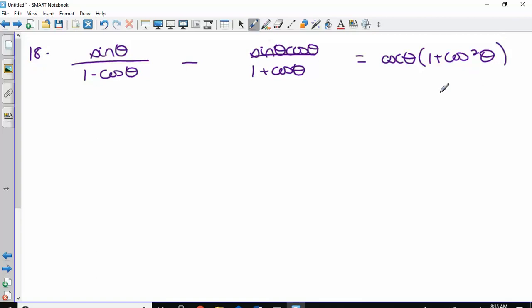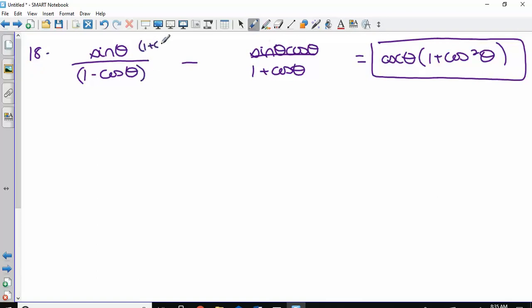Which side would you want to box? If you want to add or subtract fractions, what do you need? Common denominator. So this one has 1 minus cosine. What does it need? This one has 1 plus cosine. It needs